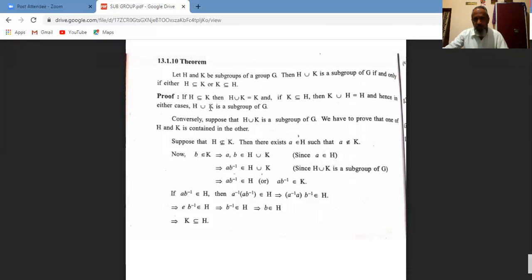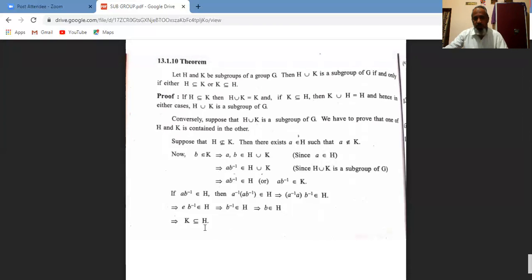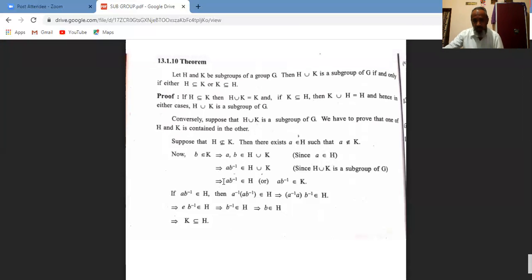Similarly, we can take if K is not a subset of H, then we will get H is a subset of K. By taking the same properties, we can